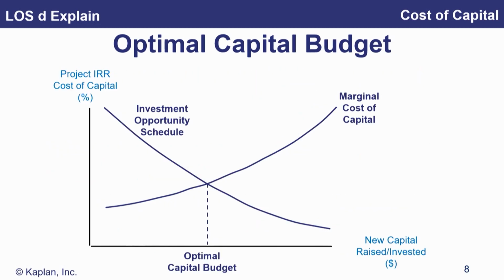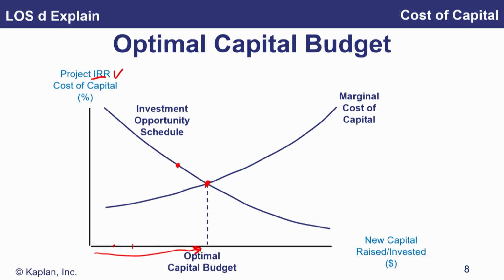Let's go ahead and show the actual graph here. We've got the project internal rate of return, cost of capital. We've shown it as a smooth curve here, but we'll show it a little bit as a step function, actually showing the size of the capital budget for each project. So we've got our downward sloping internal rates of return, our upward sloping marginal cost of capital. Here's our optimal capital budget right here, because for these projects here, remember they're ordered by their internal rate of return. For these projects to the left of that optimal capital budget,